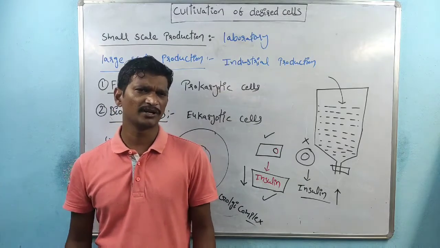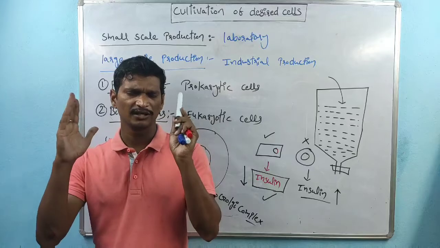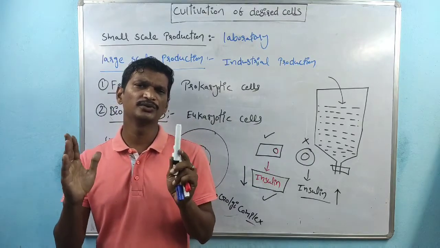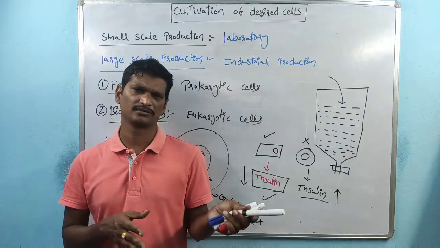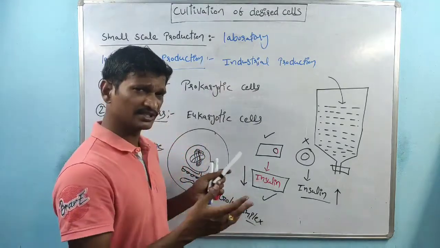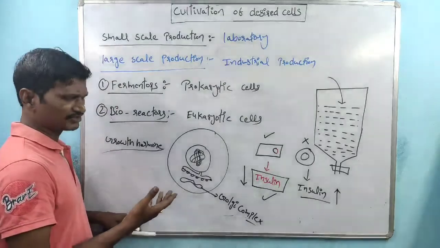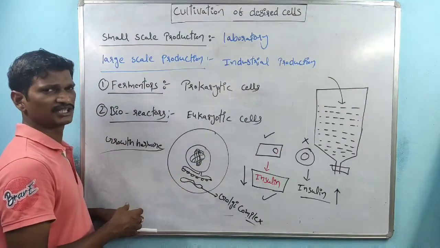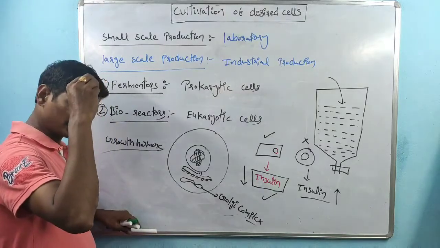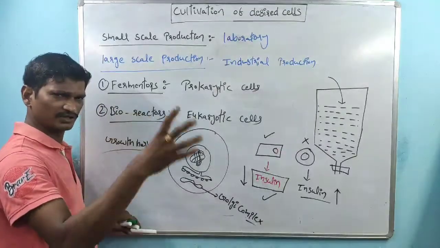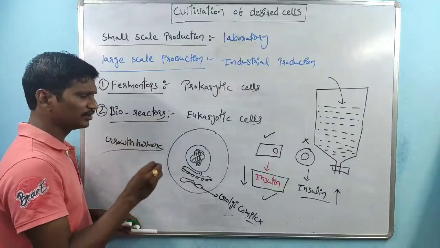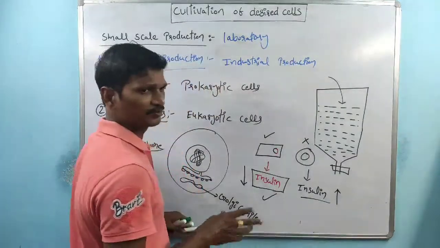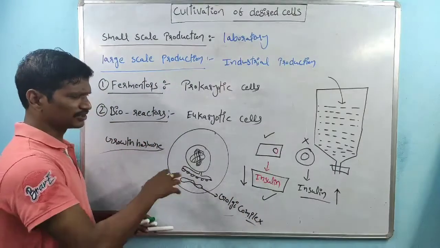So that is the reason. Some products definitely follow cultivation by eukaryotic cells, but some do not. That is the difference between prokaryotic cell cultivation and eukaryotic cell cultivation. For some product productions we have to follow eukaryotic cells, but in most cases we are producing our products by prokaryotic cells. So this is the difference.